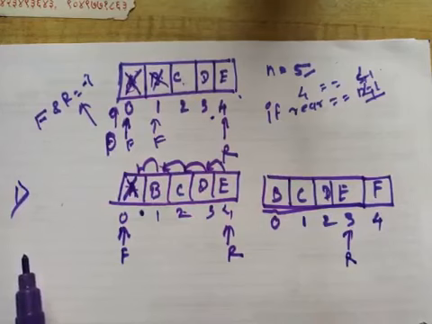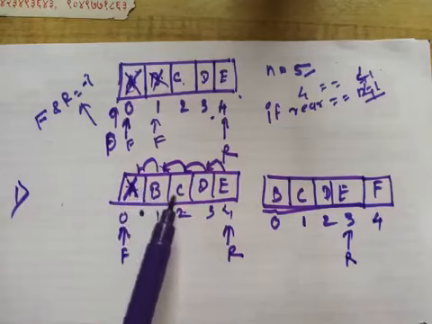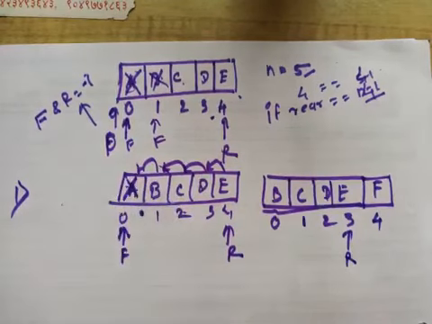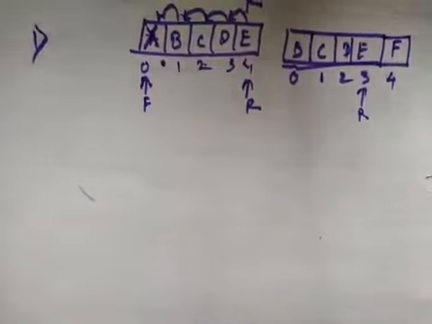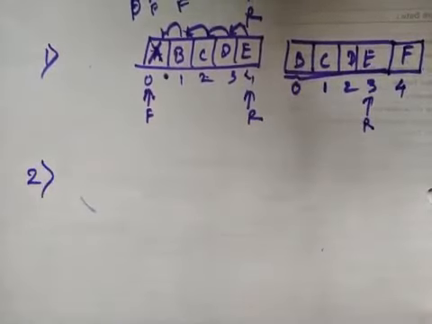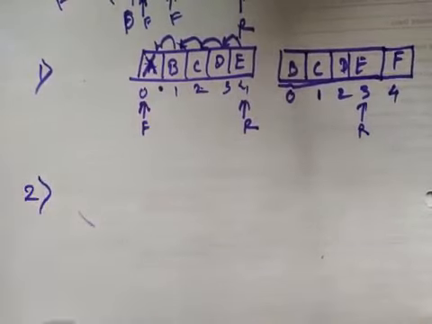At that time, 999 times that unnecessary loop is going to execute, that shifting logic will work. So this again becomes time consuming, so we need an efficient solution for that. So we are going to see the second solution, that is the circular queue. We are solving the first problem only.